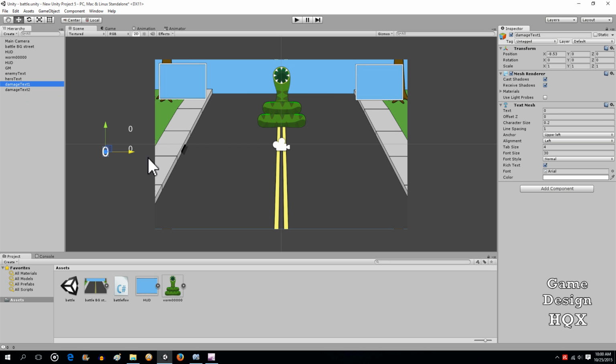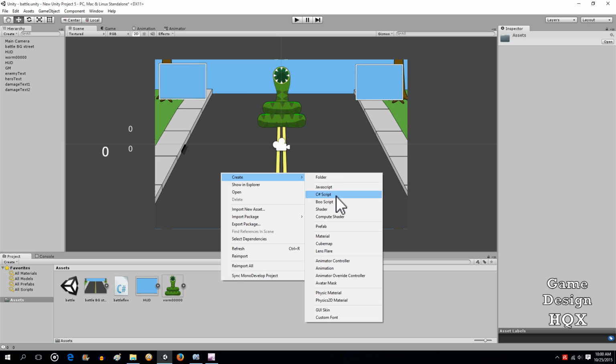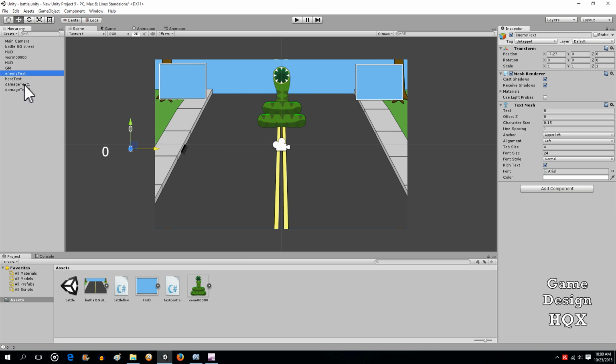And now what we have to do is we have to add a script. So in this case, we're going to create the script down here, and I'll show you why. And so we'll call this damage control. Just call it text control. And if you highlight multiple objects, so click on one, hold shift, click at the bottom to highlight them all, you can just drag and drop that text and do that. So you can actually